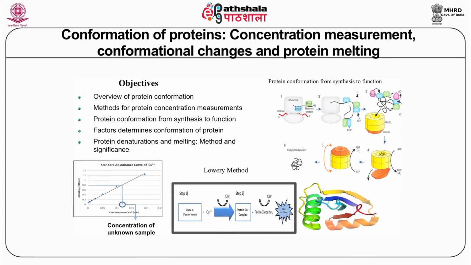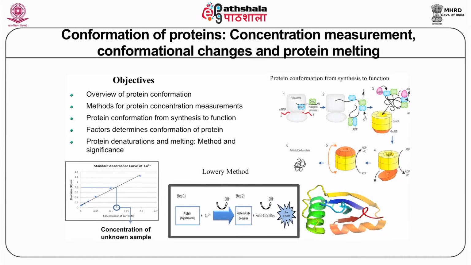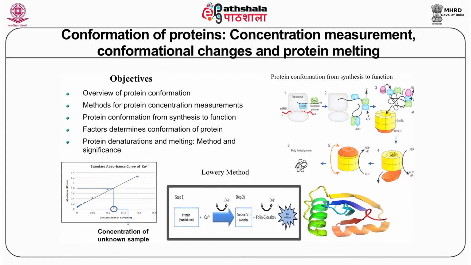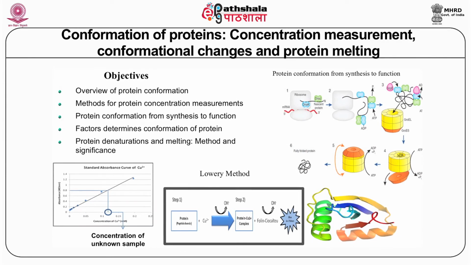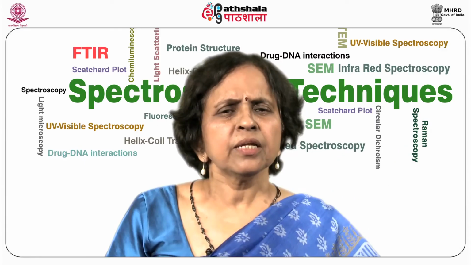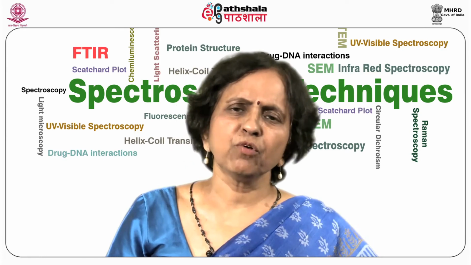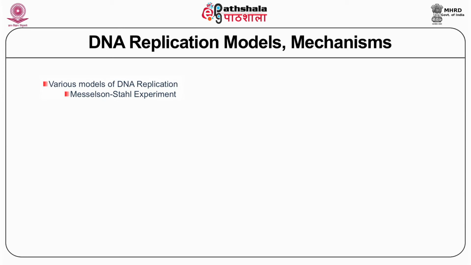What are the other factors that determine the conformation of a protein, whether it is a folded or a denatured structure? All these things can be very easily studied using a simple technique, that is UV absorption. Then one chapter which we have devoted to the replication of the DNA mechanism before we study the various models of the DNA,